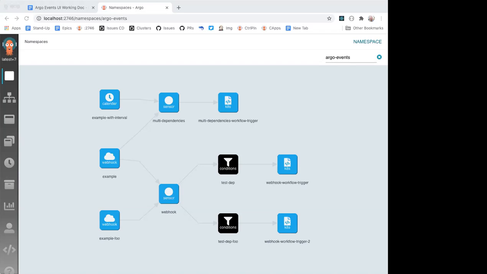So I added this last. This is the last thing I've added to the POC. Actually, now looking at it, it's not how I probably would do it. So the conditions are described in terms of the dependencies, and obviously a graph of dependencies is typically described by an arrow between two boxes. But this probably shouldn't say test dep on it. This is actually the condition verbatim. So if it was two conditions, test dep and test dep foo, that would show the whole condition there. And I think that's something I would want to show in the user interface.